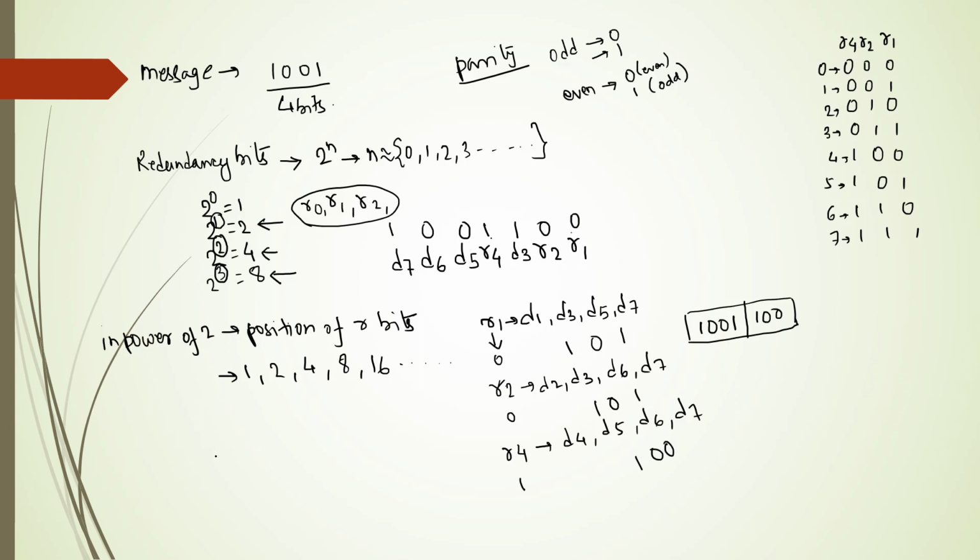And for R4 we had D5, D6, and D7. D5 is 0, D6 is 1, and D7 is 1. So again we have an odd number of ones, so this should be a 1. Now, if I write it like this, R4, R2, and R1, we have